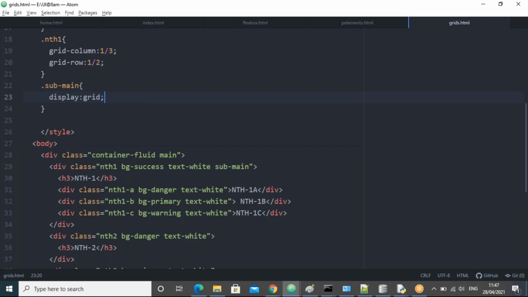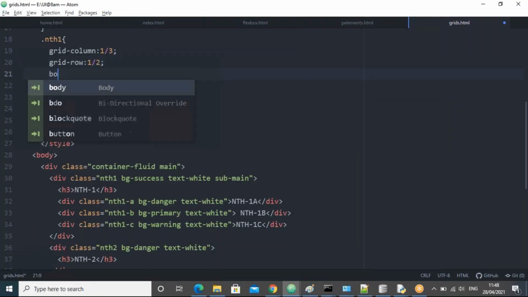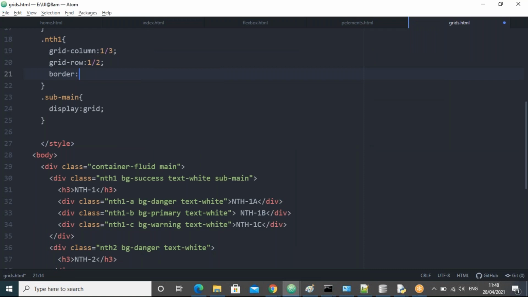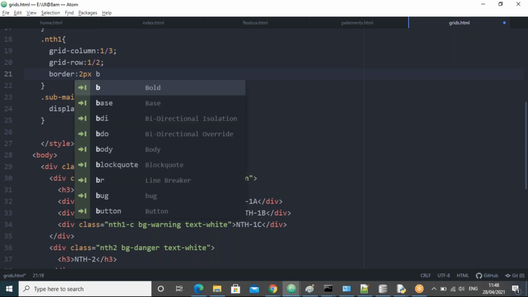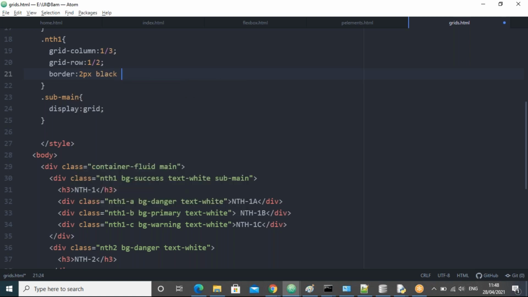Now what do I do for the subgrid, guys? For this NTH1, I'm taking some border, guys, so that it looks better. I'll take some 2 pixels border. That border will take the black color, for example, guys. Then let's take the solid line.